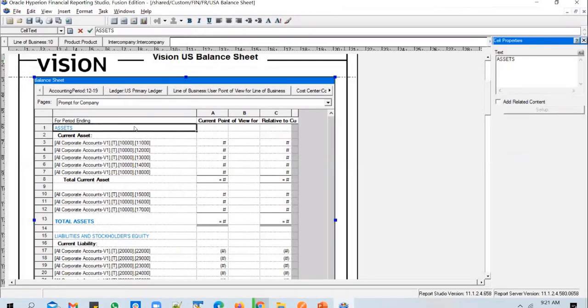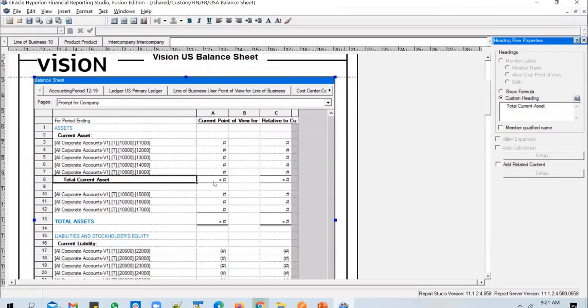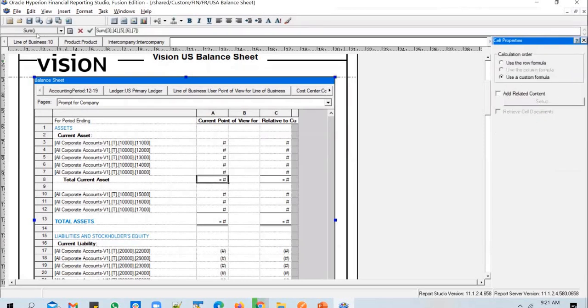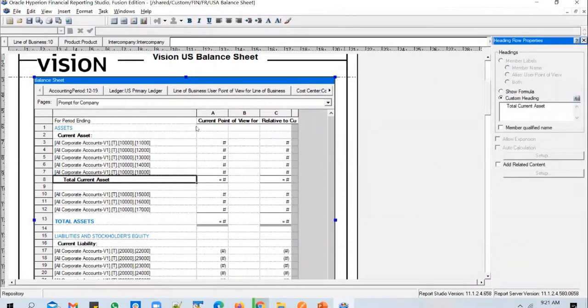You can have a text row like this, which you will typically use for headings, and you can have a data row like this, wherein you tag the account numbers to pull the values. And you can also have a summary row, where you can use aggregate functions to sum up the balances and display the values there. Three types of rows possible: text row, data row, and summary row.